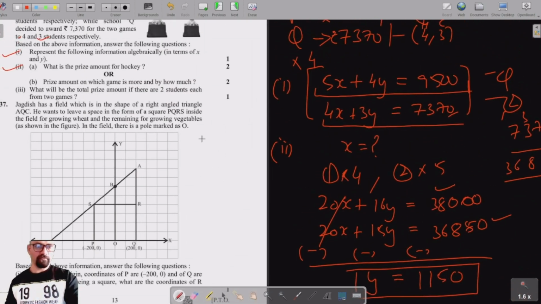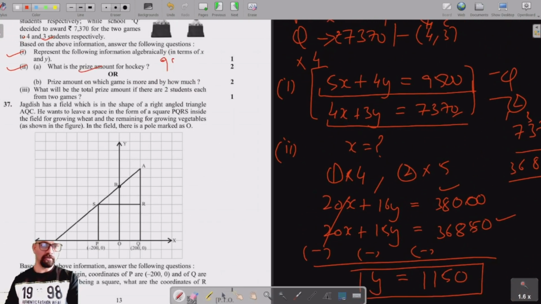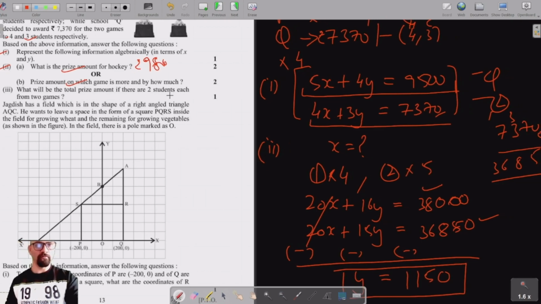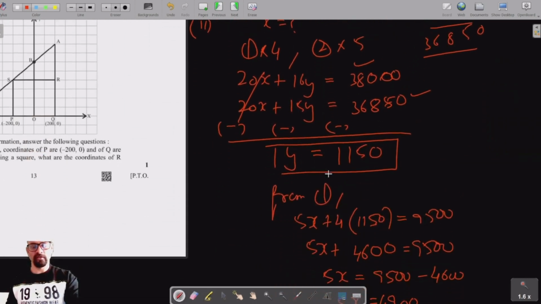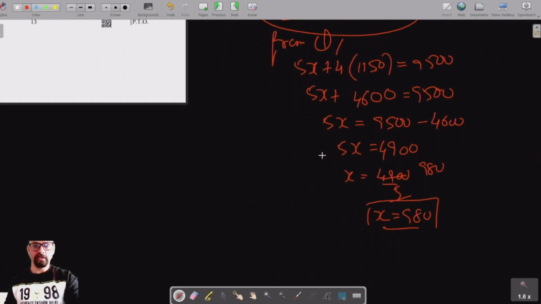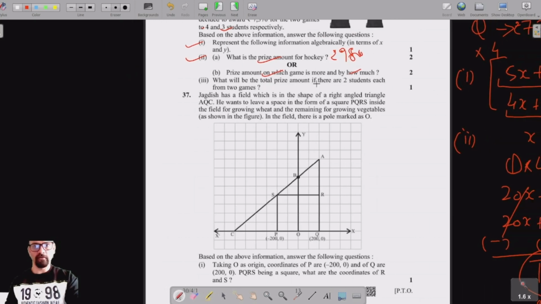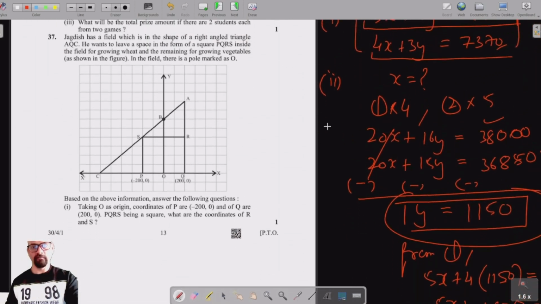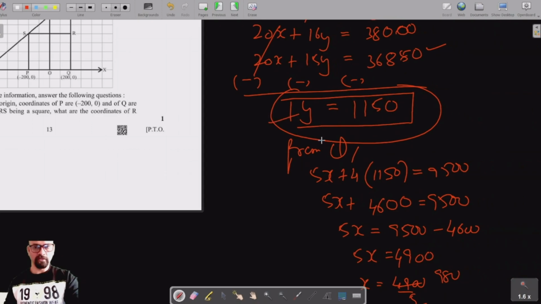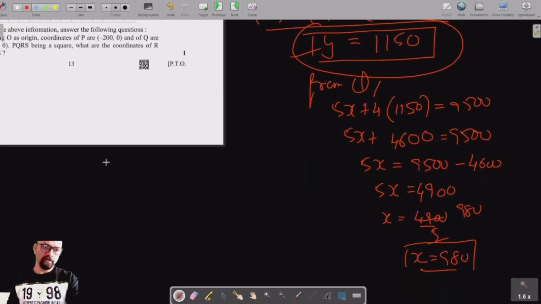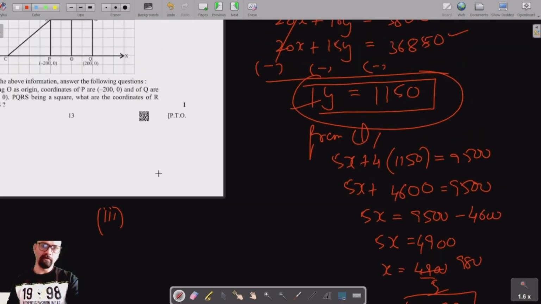And the prize amount for hockey is 980 rupees. Now the question is on which game the price is more and by how much, that means we have to find y as well. We have already got that. And for this part, we have to find on which game it is more. So the prize money on cricket is more as compared to hockey, and the amount differs by